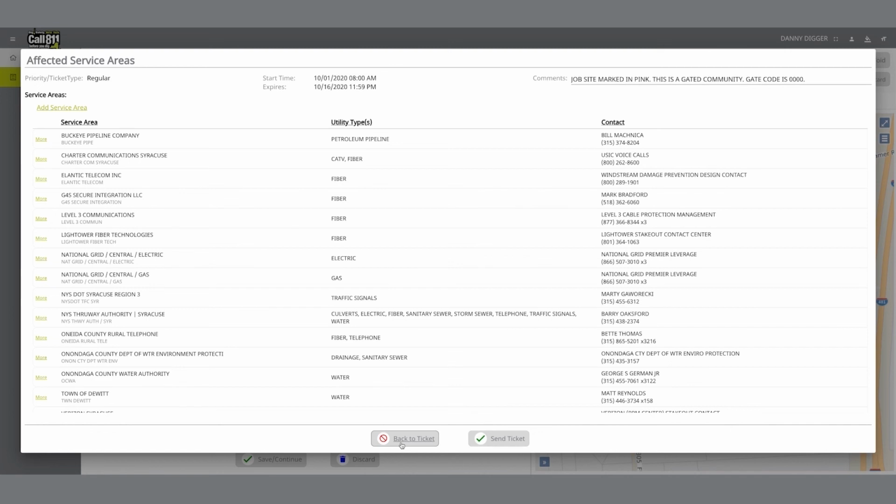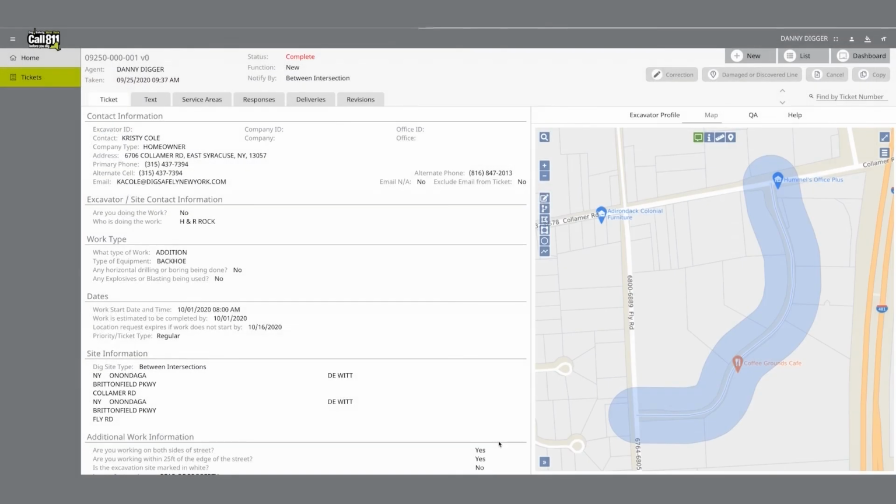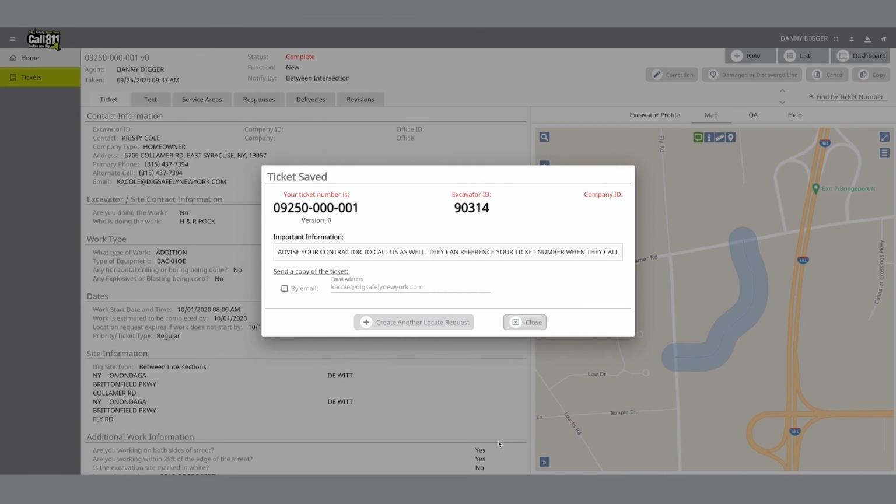After clicking on the Send Ticket button, the following screen will appear that confirms the caller's ticket has been saved and provides you with their ticket number. Read their ticket number to them. If they provided an email address for the location request, their email will appear in the field on the Ticket Saved screen. Ask the caller if they would like a copy of the ticket text in their email and check